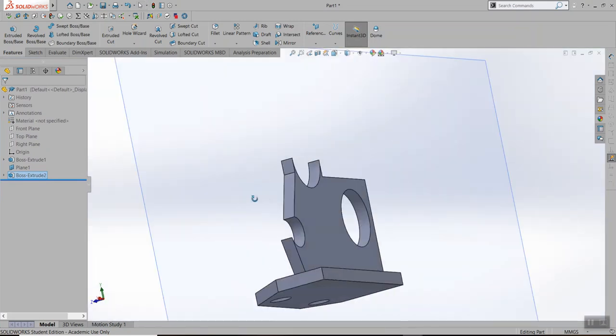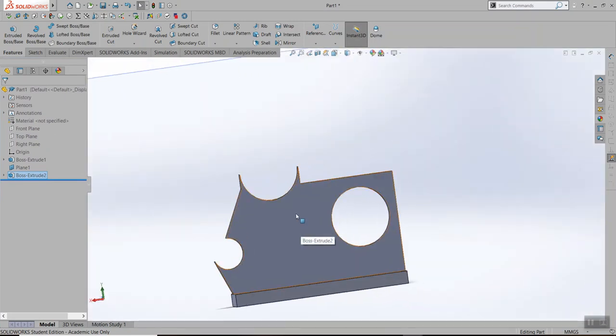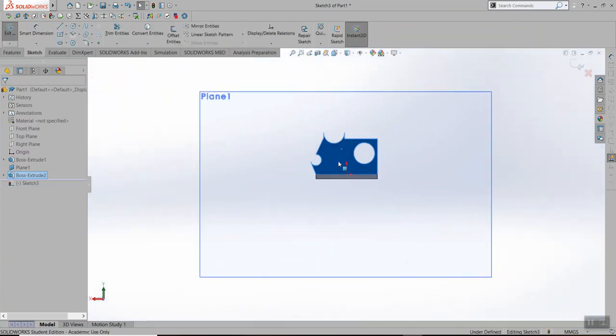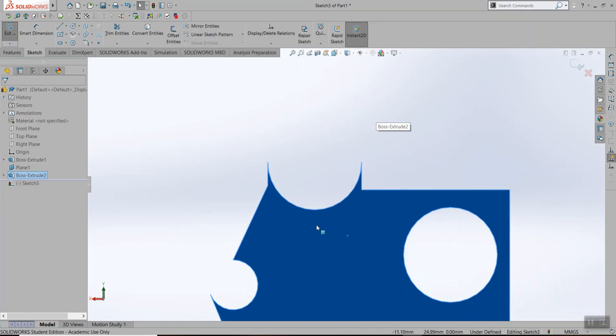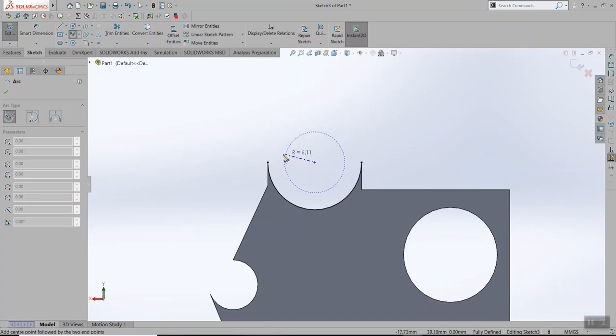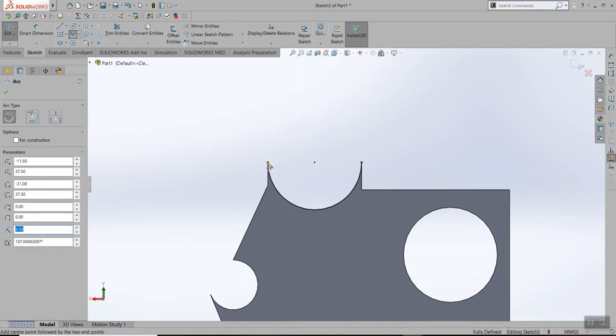So what I'm going to do is I'm actually going to go around to this other side, and I'm going to start a sketch on that face of it. And then I'm going to convert this entity. I'll take this center point arc, I'll pick that same center point that's right there, and right there, assuming I want this 300 and